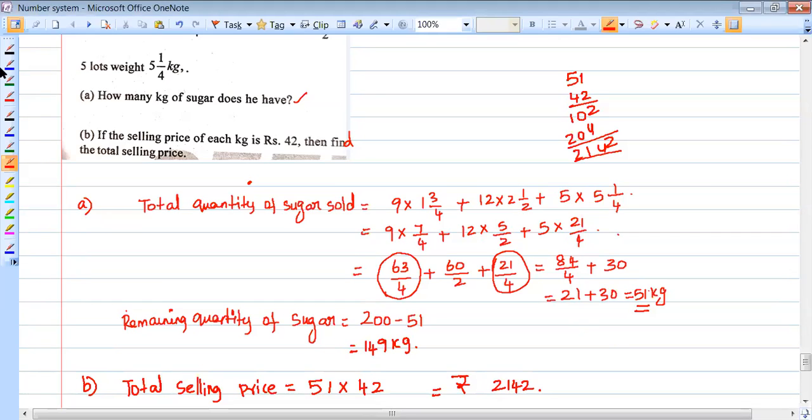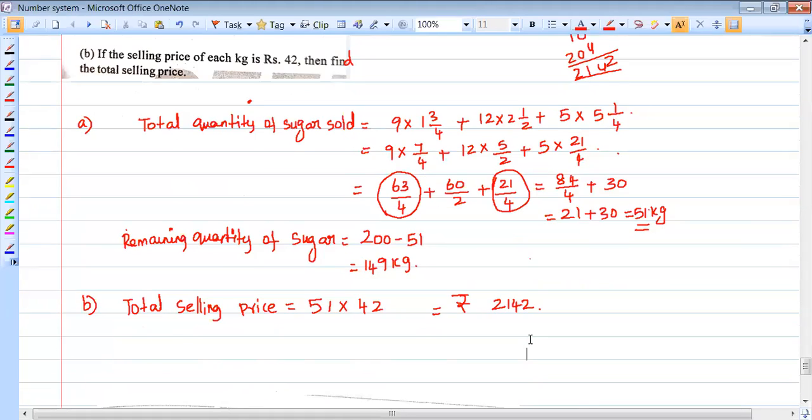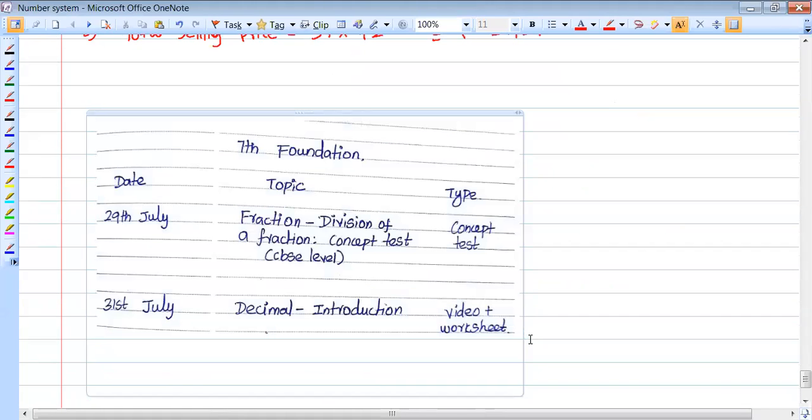So let's move to the next question. What happened? One window is coming. Okay. So dear students, please take the screenshot of this question. Not a screenshot of the question, this week's online test schedule. Everyone take the screenshot and send the message after that. I took it, sir. Like that.